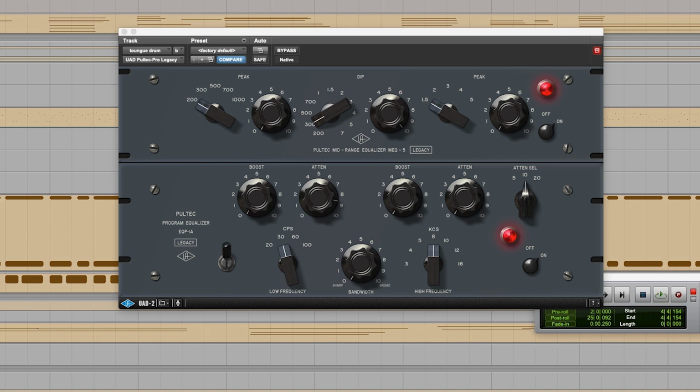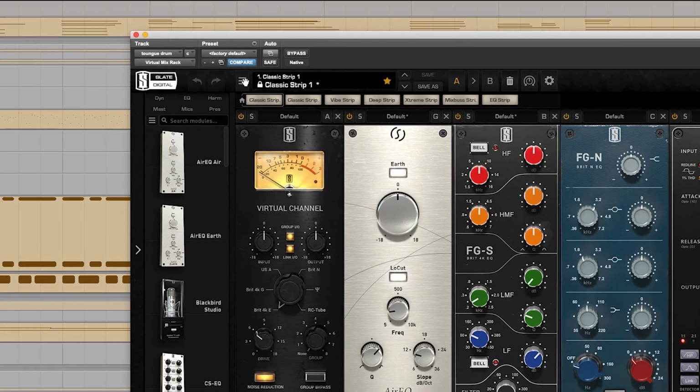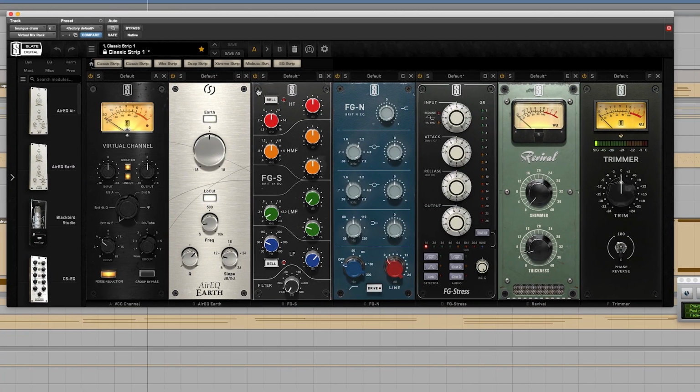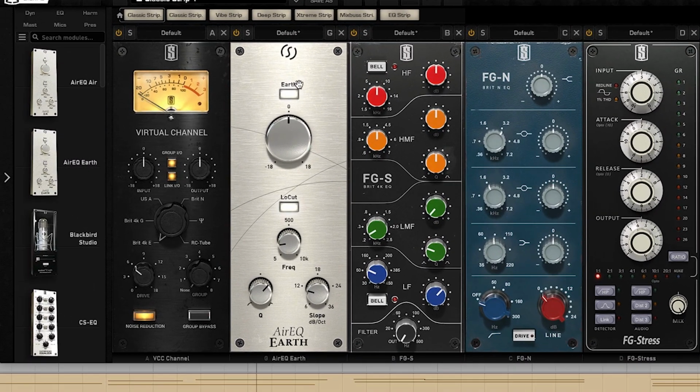Now I have this Slate VMR. Let's see what I'm doing with this. Oh yeah, one trick I like to implement is I'll load in this Earth. I don't think I'm doing much. I'm doing some more low frequency boosting and cutting to really scoop out just the low end. And then I add this Earth plugin, which I love to use. I engage the low cut, and you bring up the Q, and I usually do the slope around 12, and then you can go and hunt around